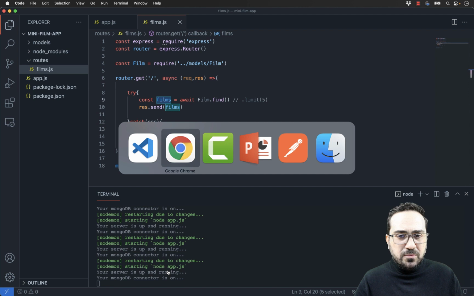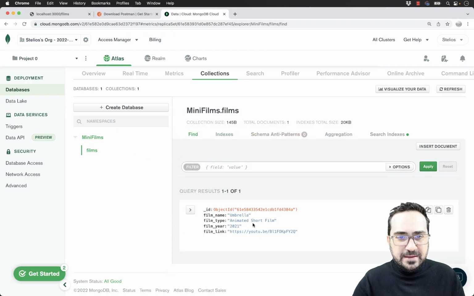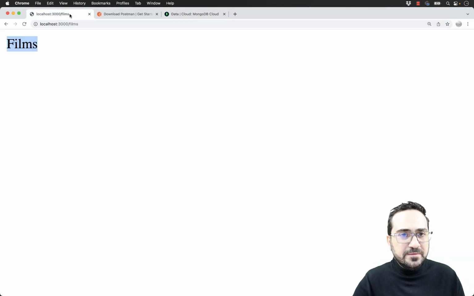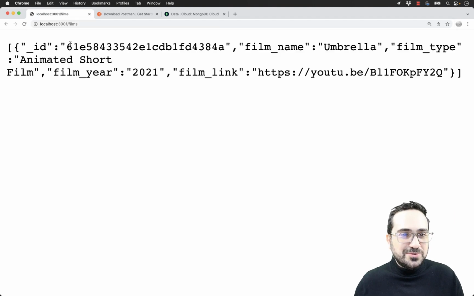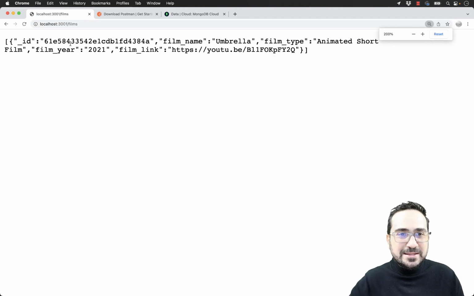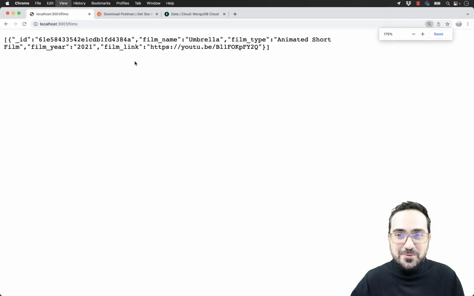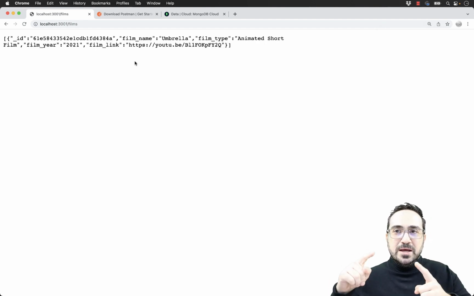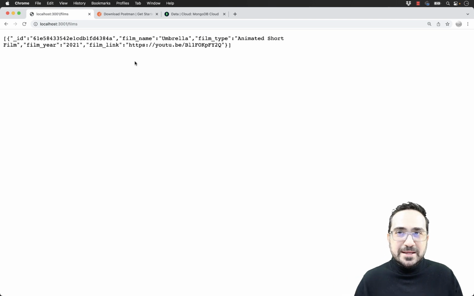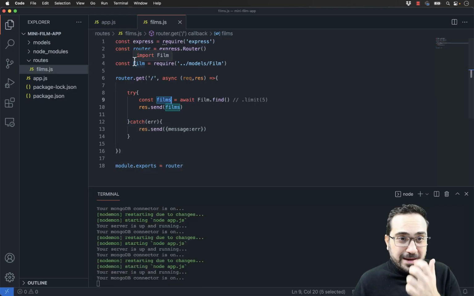Okay, let's go to my browser. I can see my data here. Let's go to my films and let's press enter. Remember, we changed the port to 3001. I will just change to 3001. And yes, I can see the data from my database. It works. I was able to connect from Node.js to MongoDB, extract the data and show it to the browser. What I did, if I go back to my Visual Studio Code, I created a root.